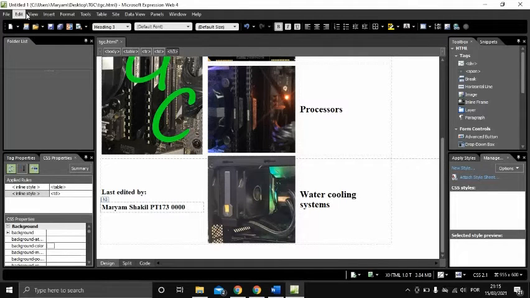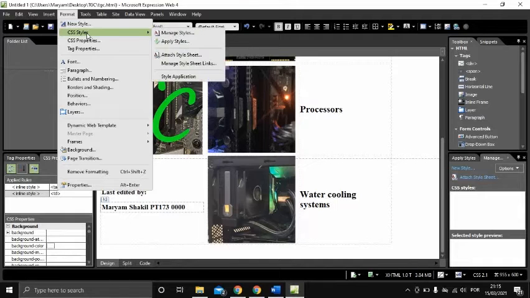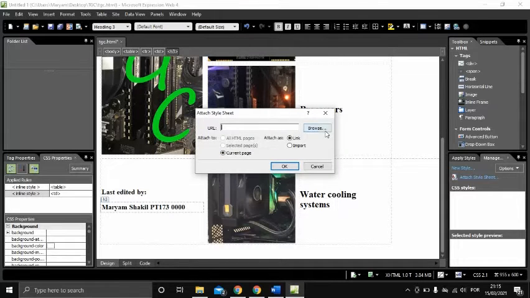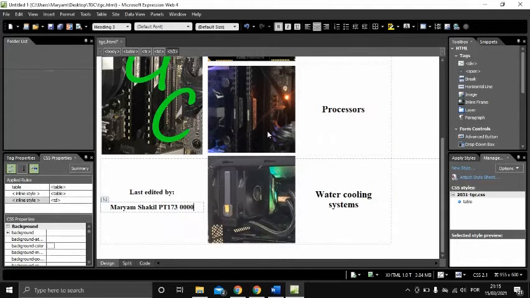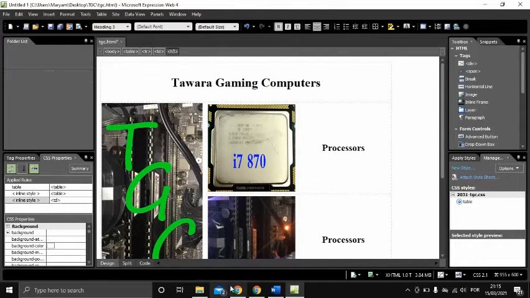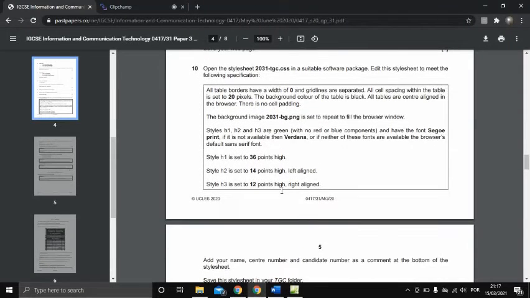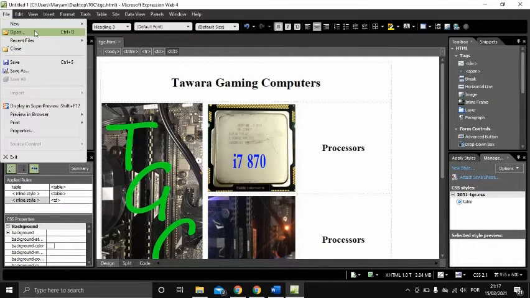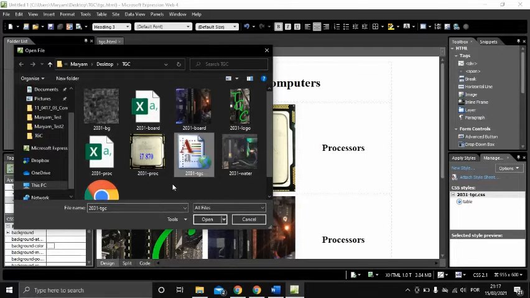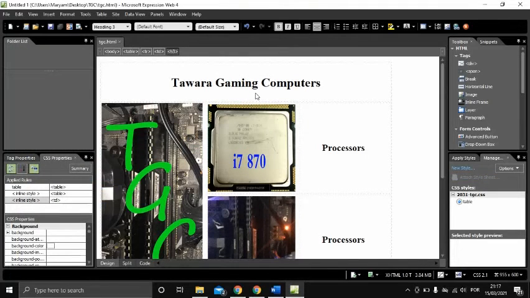So we go to format, CSS style, attach style sheet, browse, then we open. There it is. Okay, so yeah, it's done. I have to save it. Okay, I have to save, and yeah, then we can continue. We have to open the style sheet that we attached. So we go to open, then we open this style sheet,